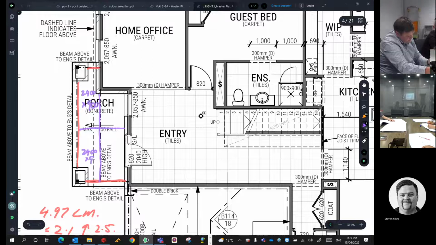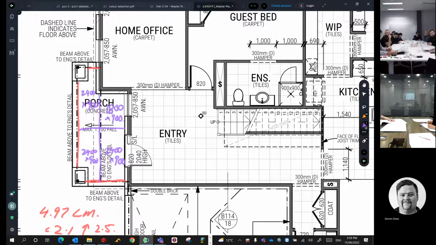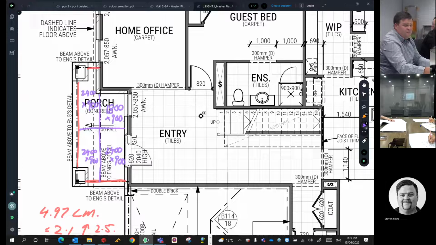You probably get away with an 1800 by 900 for that corner. So you'd also order 5 or 6 lengths of merch to pack out the porch ceiling,